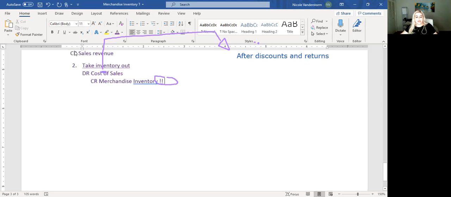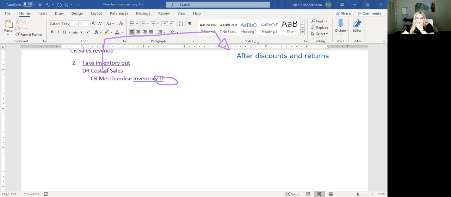Remember, it's going to be showing on the flip side, in the opposite direction. So that's what looks so different. And then cost of goods sold, remember, it comes from your